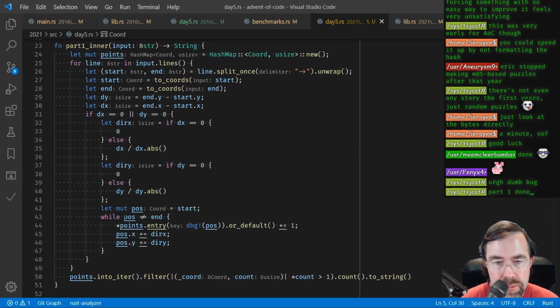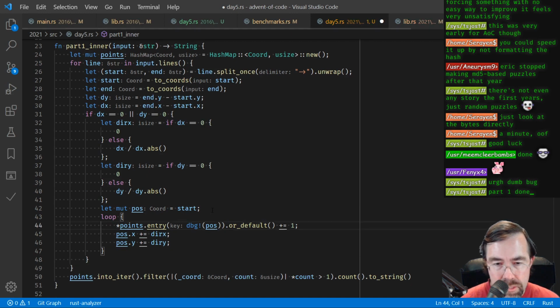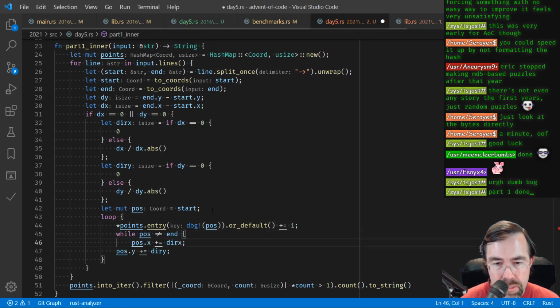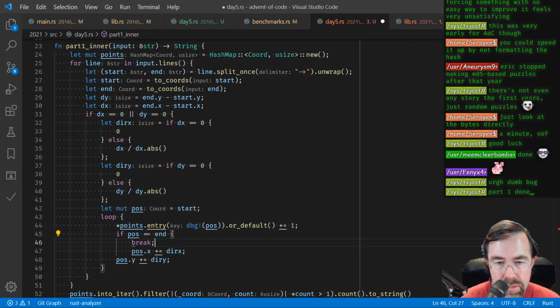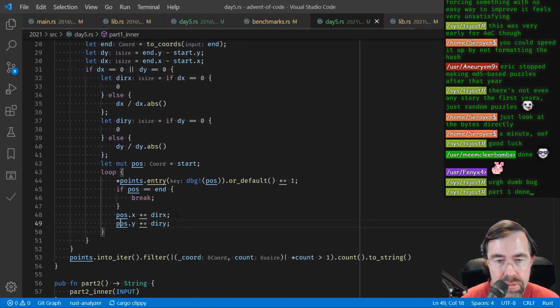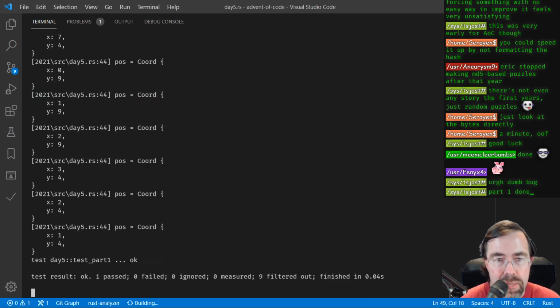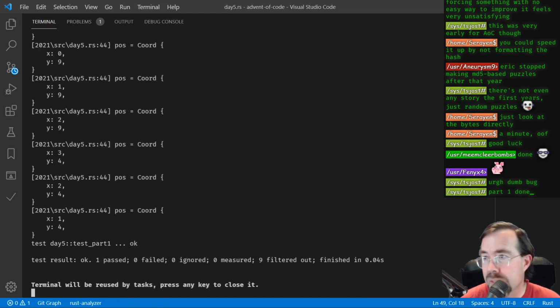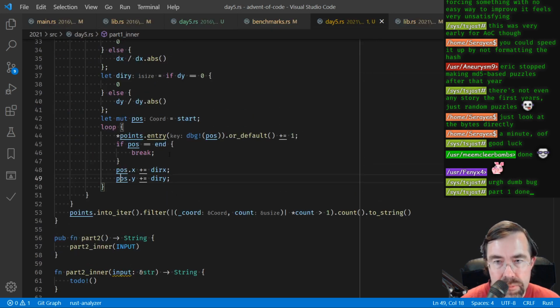So this should be loop. And then if here, then break. That's probably what it was. It didn't include the end point. It went up to the end but didn't include it. Okay, so now we're passing the test. So then remove the debug